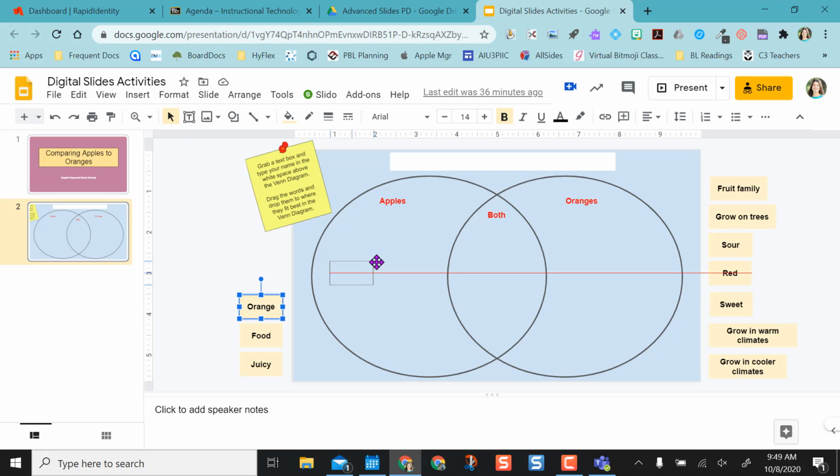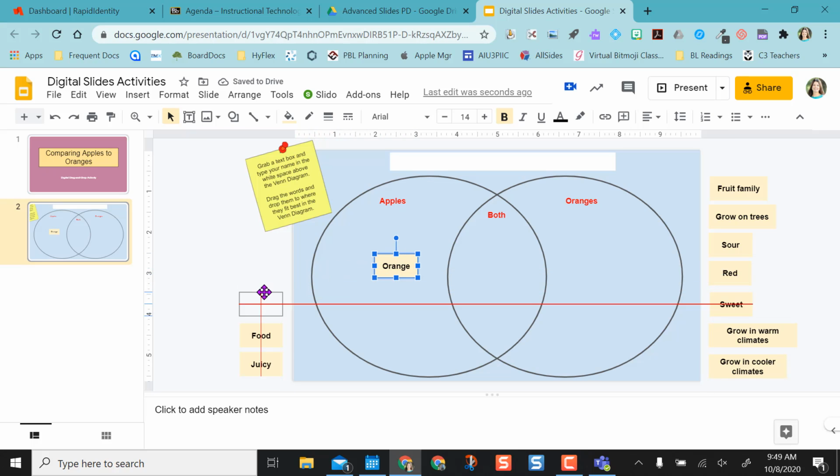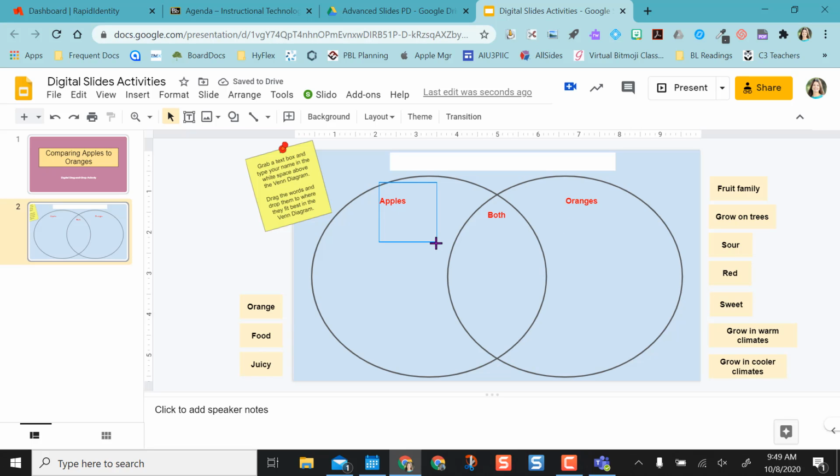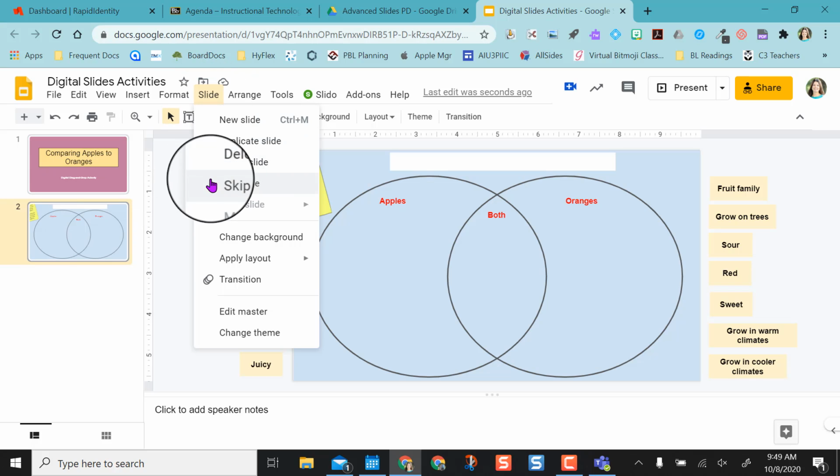Now these are used for the drag and drop activity, so I needed to make them where the kids could move them and be able to edit them, so to speak. So I'm going to show you how to get these fixed images on here and what I did to make this original template. So if you go up to Slide and you come down to Edit Master,